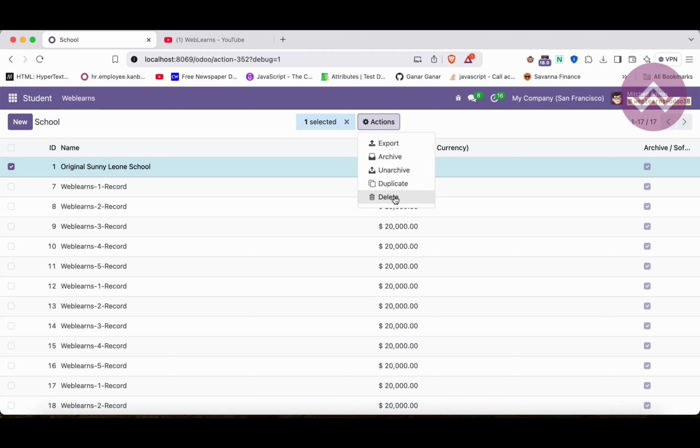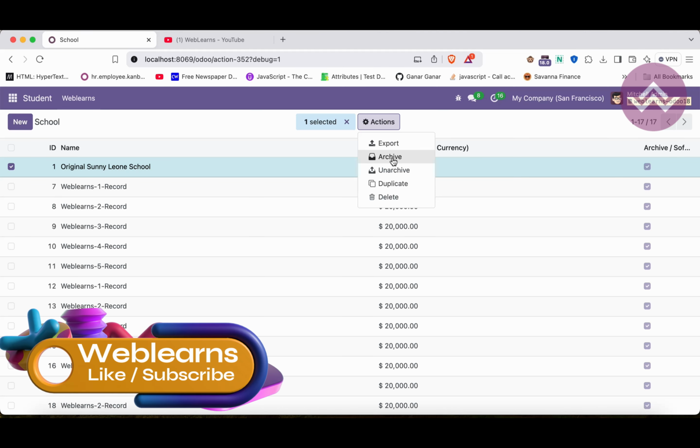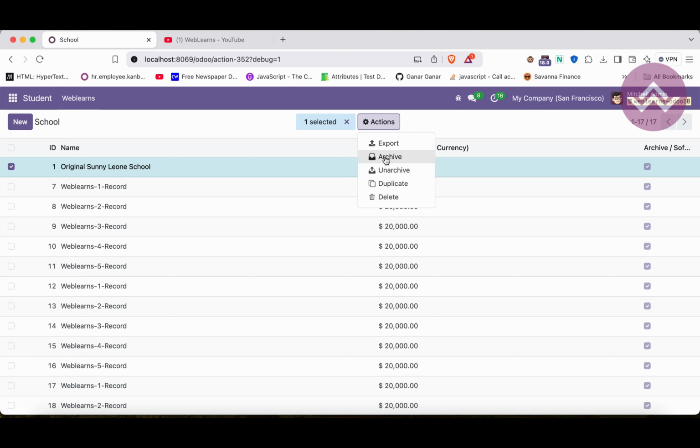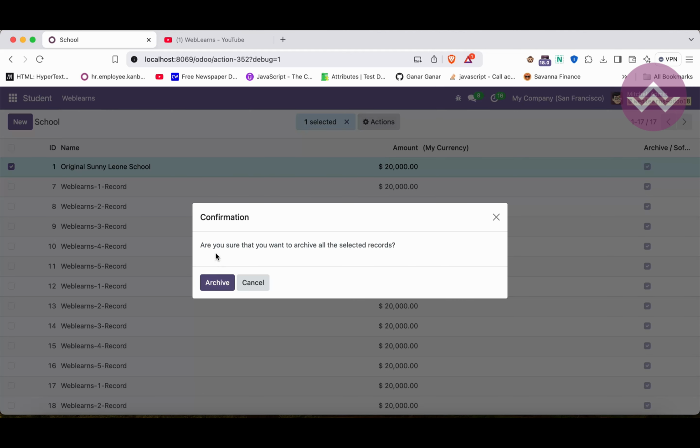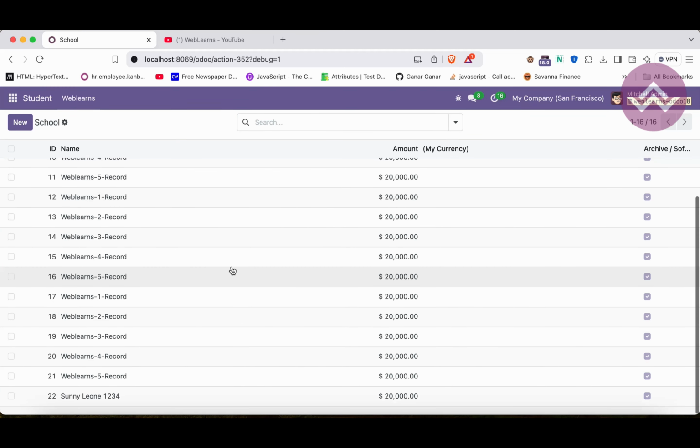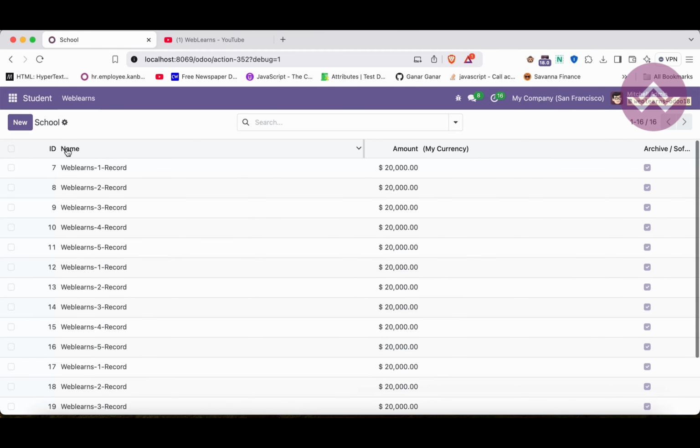Instead of delete, so this is the hard delete and this is the soft delete. Soft delete means you can easily recover that record. Okay, so once I click this action, it asks whether you want to archive, yes, so it will automatically archive that record, and you cannot see it here in your current